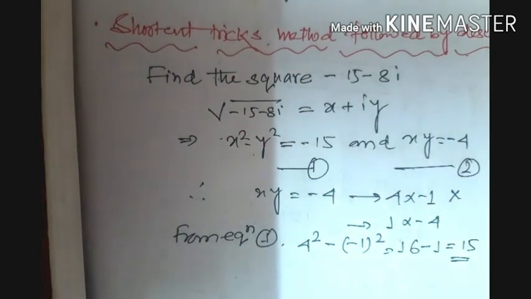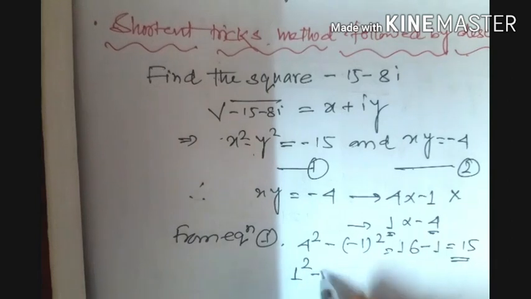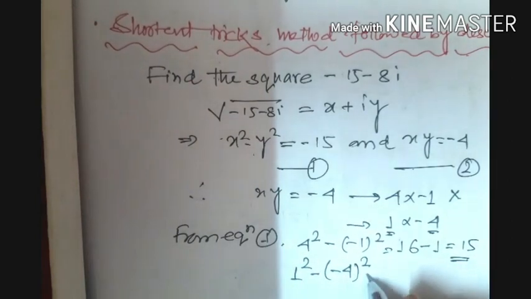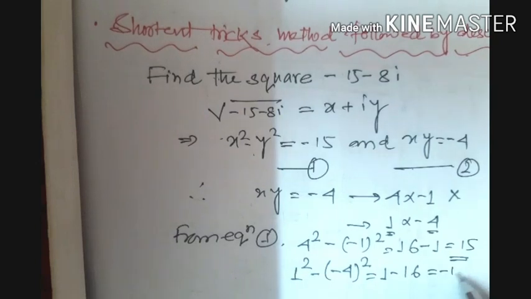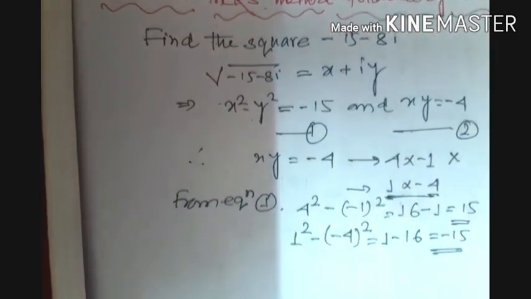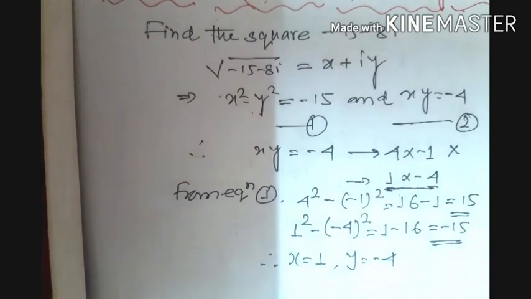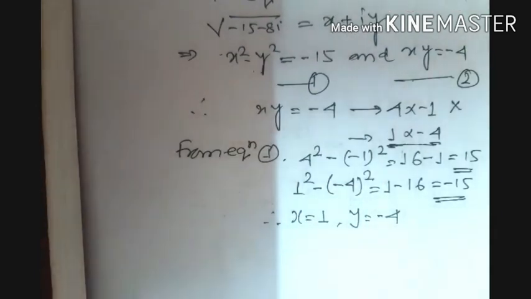So now we have only one option, it has to be satisfied. So we can write the answer directly, but you all are doing this method for the first time, so that's why I'm going to show you all. If you put the second set of factors, that is in place of x 1 square and in place of y minus 4 square, finally what will we have? 1 minus 16, so that is minus 15. Now we can see the second set of factors satisfied the first equation, that is x square minus y square is equal to minus 15. So in place of x we can think this is 1, and in place of y we can think that this is minus 4. So now we don't need to do anything more.